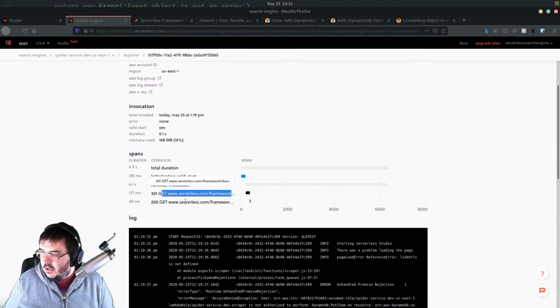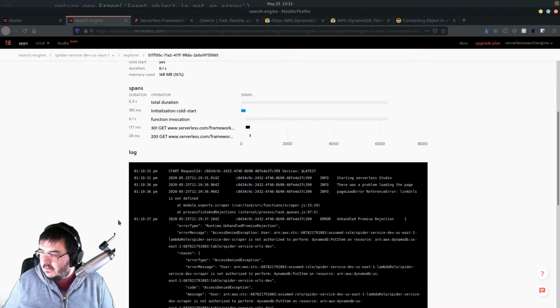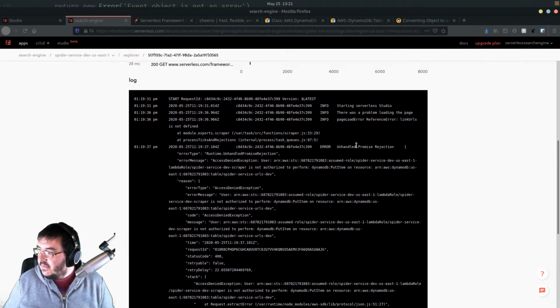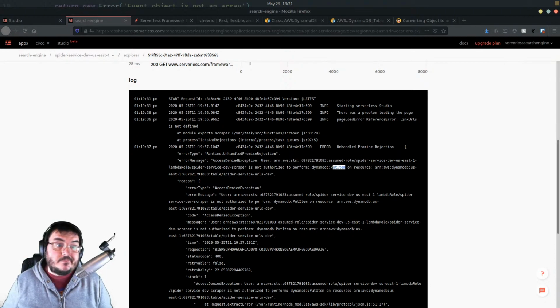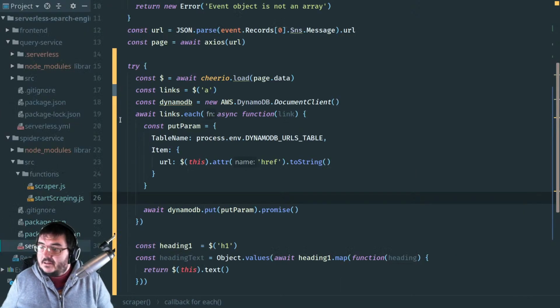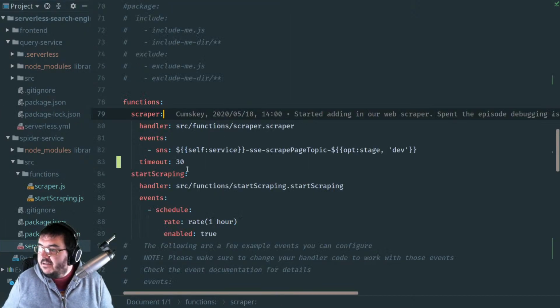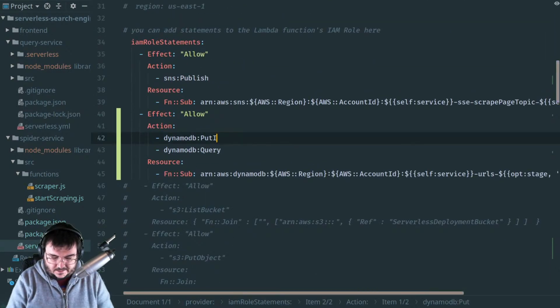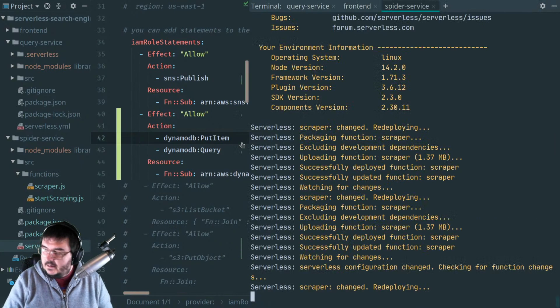Okay, so here it went and got it. And here we go. Unhandled from access denied. So we do have, oh, my permissions aren't correct. If you put item, okay, I just messed that up. Yeah, I didn't think we were going to get away without an error. So I need to update my permissions. It's not just put, it's put item. And that means I need to,